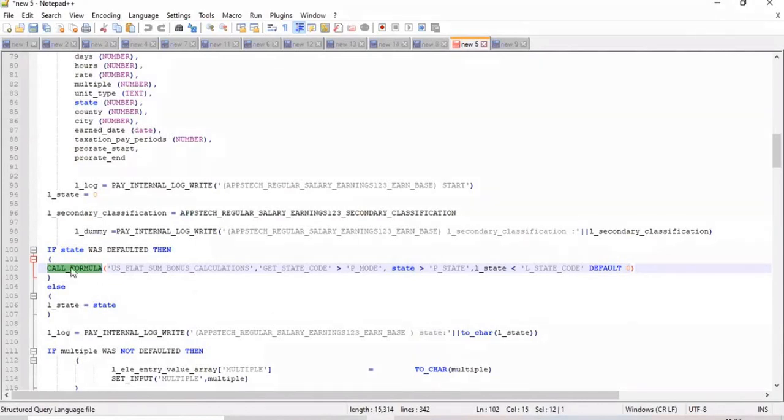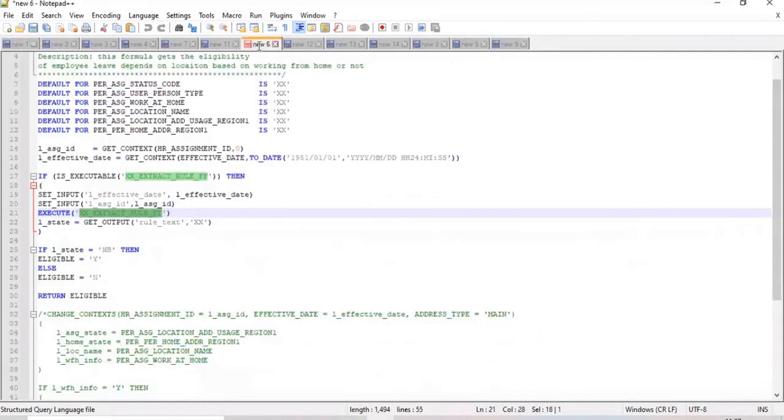So if you are using call formula, there you have to define the formula and what the inputs are. Also, you are defining it in the same statement. You got it, right? So these are the input values you are sending into this formula. This one sent to that, this one sent to that, like that. Inputs and outputs, everything you are going to use in the same line. But if you are using execute, you cannot.